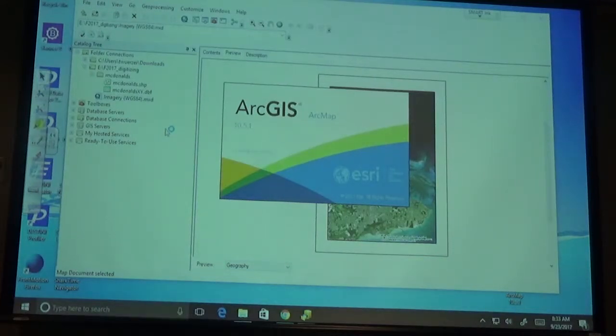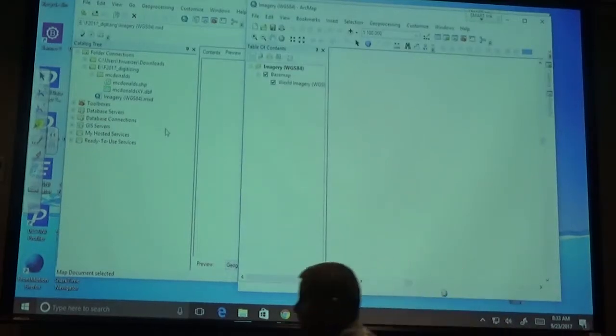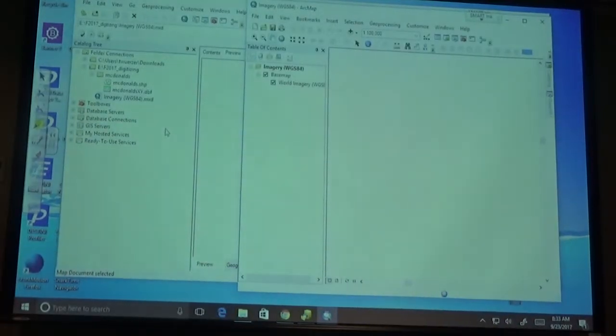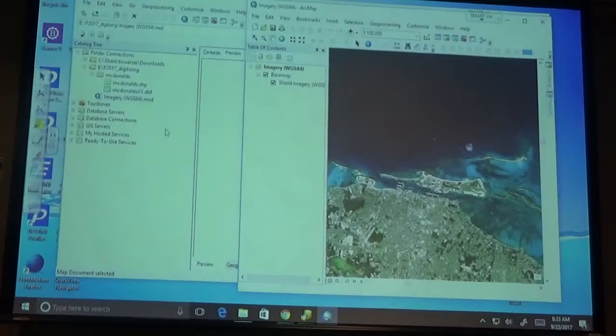Is that screen better for you now? I can't tell. Someone's logged in here. I'm trying to find a different way to get in. Let's see, started it. All right. And don't forget to take your jump drive out and not leave it in there. Okay. All right, so let's